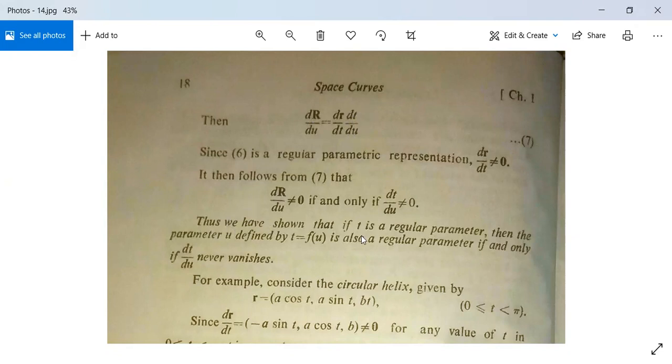Thus, we have shown that if t is a regular parameter, then the parameter u defined by t is equal to f(u) is also a regular parameter if and only if dt by du never vanishes. तो ये कंडीशन है।